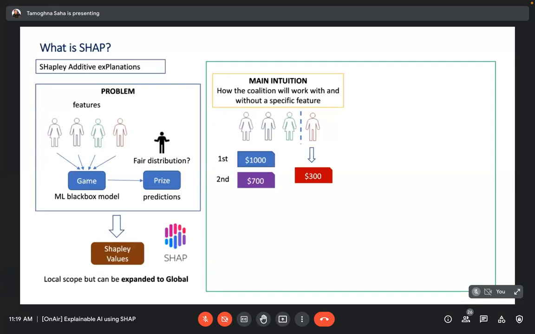You got first position because all four of you were together, but now suppose you discarded him and you got second position. So the valuation of that fourth person is $300. That way you can determine the contribution of feature 4 to the final outcome of my model. However, it's not that easy.